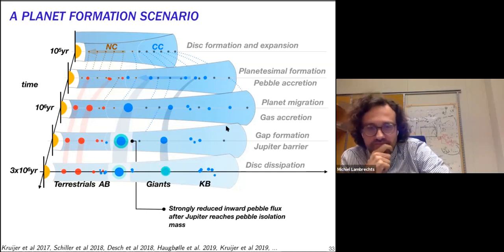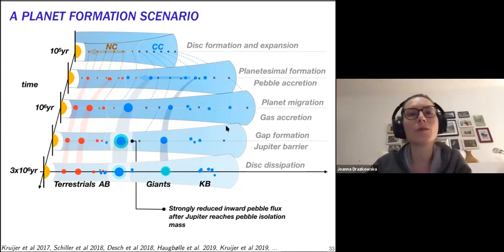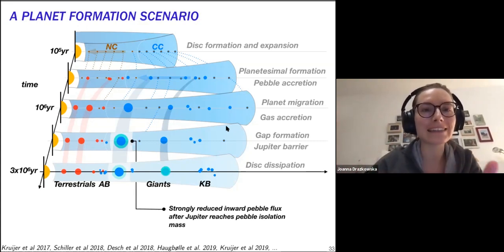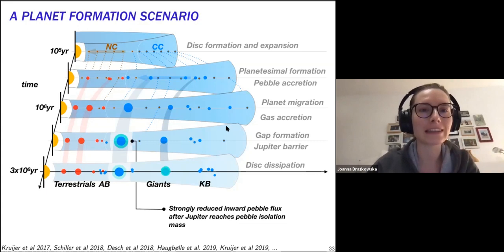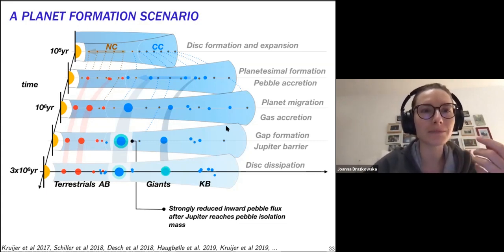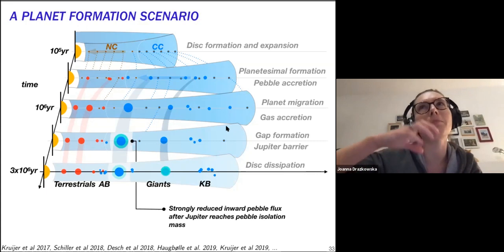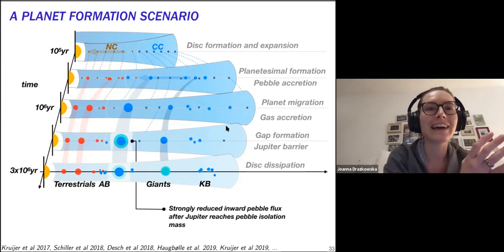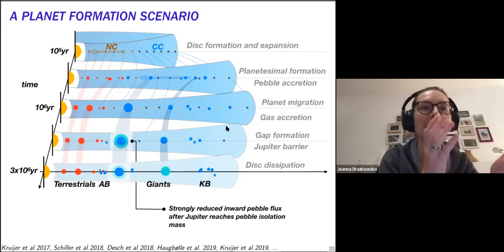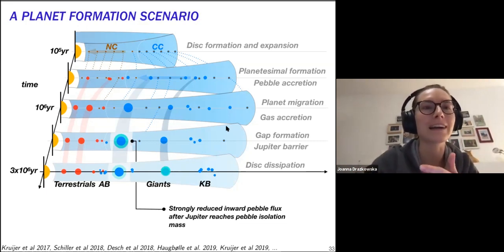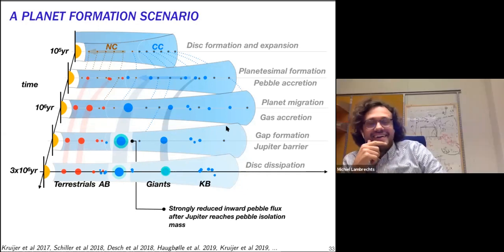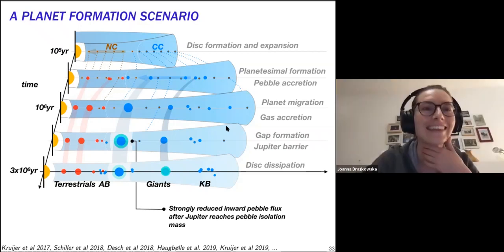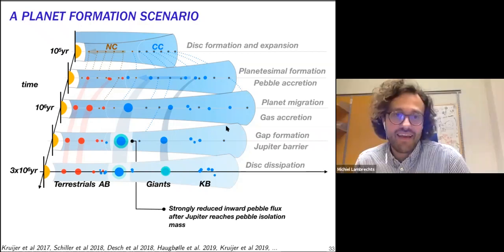So I think my question would be, in the initial condition, where is the difference between the NC and CC reservoirs coming from? Is it some sort of iceline or something like this? And how far back is it in the disk, if it arrives at the terrestrial planet region only after some significant time, right? I wish I knew. Okay, I think it is